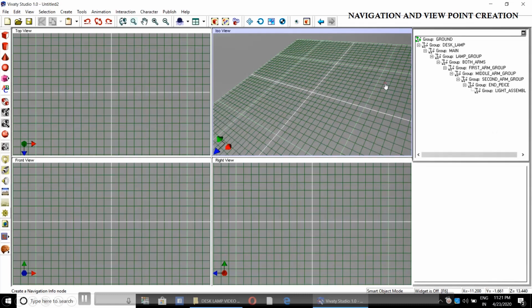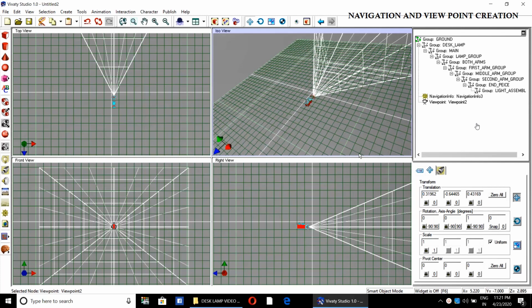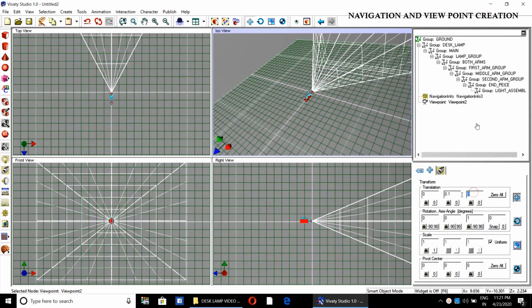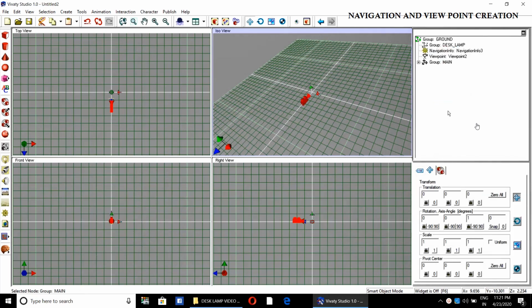So in this step we will create the viewpoint. The viewpoint should be placed very close to the object. Here it is y coordinate 0.1 and here it will be 1 meter. So it should be very close. You just drag the main group below this. That's all.